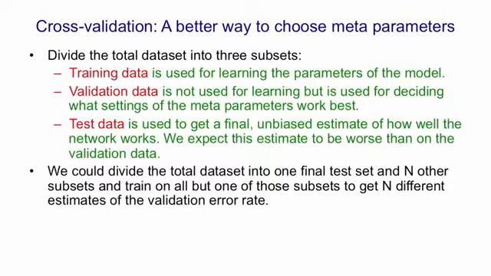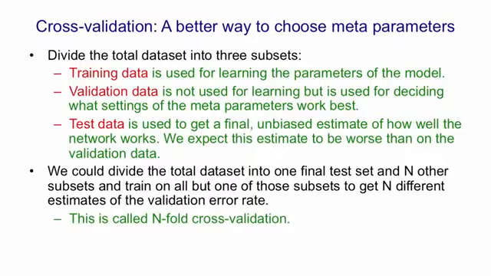One way we can get a better estimate of our weight penalties or number of hidden units or anything else we're trying to fix using the validation data is to rotate the validation set. So we hold back a final test set to get our final unbiased estimate, but then we divide the other data into n equal size subsets, and we train on all but one of those n and use the nth as a validation set. Then we can rotate and hold back a different subset as a validation set, and so we can get many different estimates of what the best weight penalty is or the best number of hidden units is. This is called n-fold cross-validation.